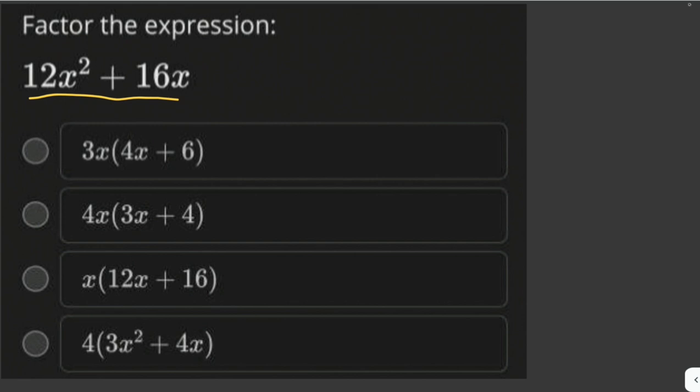So in this case, the factor of 12 and 16 is 4. So we can put 4 outside. And then x. So we are left with 3x